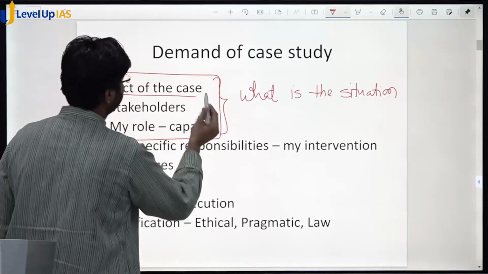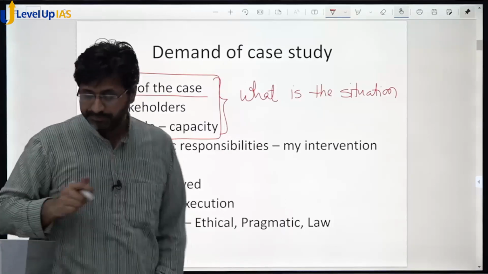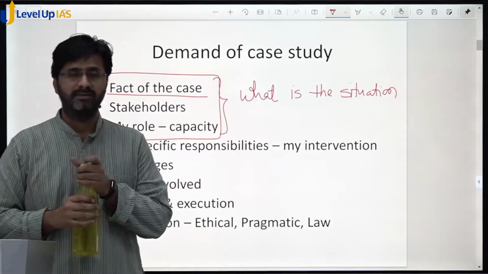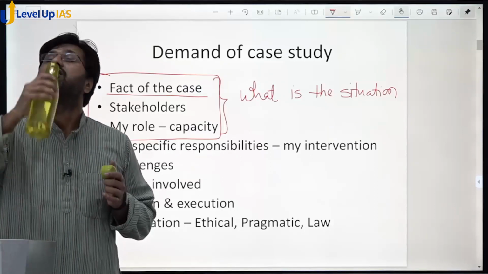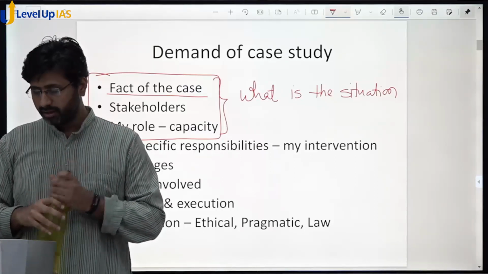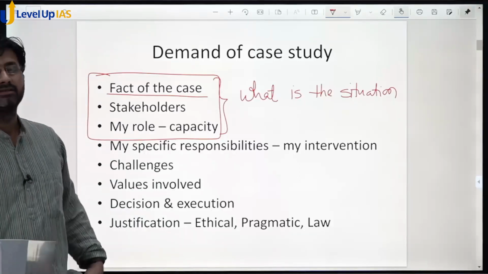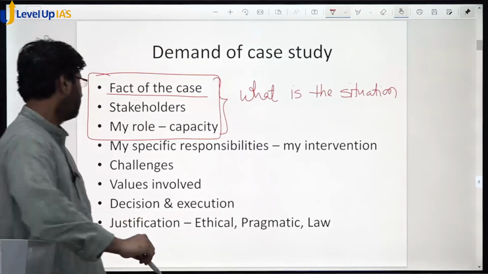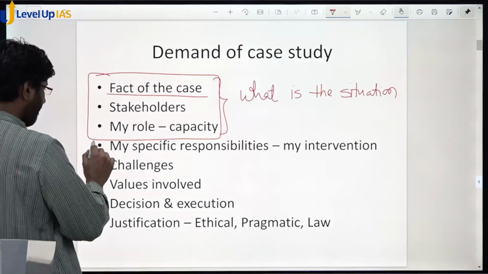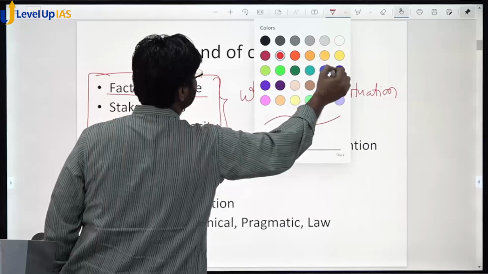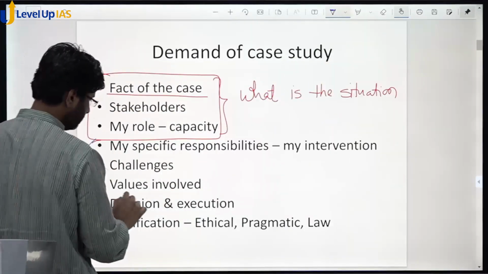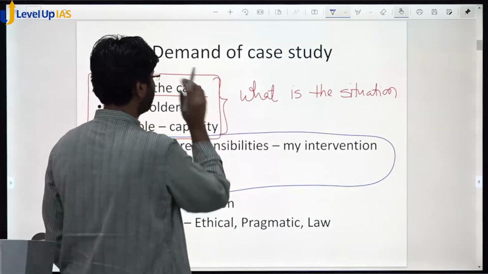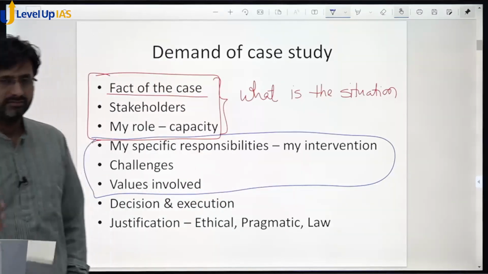क्या है एग्जैक्ट फैक्ट, क्या है केस की. फैक्ट्स मतलब जो ऐसी चीजें जो एकदम फैक्चुअल है कि वो ऐसे गए थे, उतने दिन लगे थे, उतना पैसा मिल रहा है, आंकड़ा है. ठीक है? कौन है पर्सन, उसका क्या बैकग्राउंड एंड ऑल दैट. देन ये जो दूसरा एस्पेक्ट है कि इसमें मेरा रोल क्या है, मेरे सामने चैलेंजेस क्या है, ये चीज आ गई. कहां कहां पे मेरा इंटरवेंशन की जरूरत है. तो पहला है फैक्ट ऑफ द केस, सेकंड इज माय रोल एंड माय इंटरवेंशन रिक्वायर्ड,